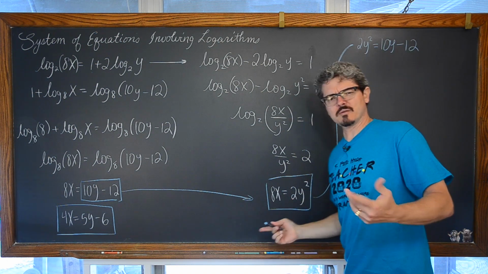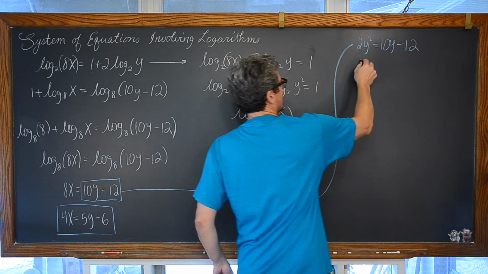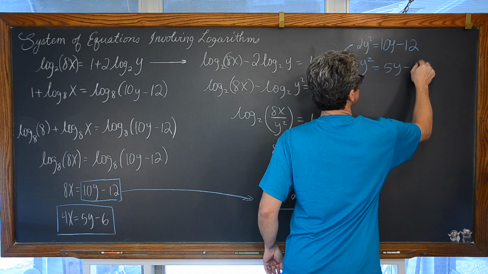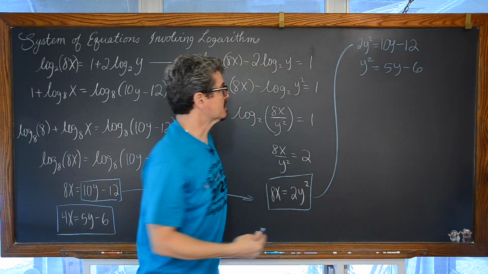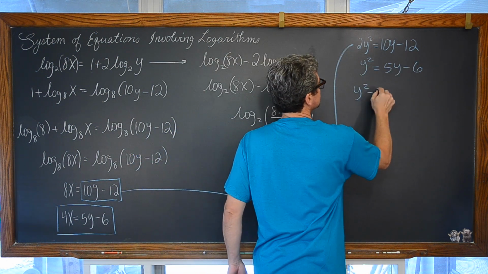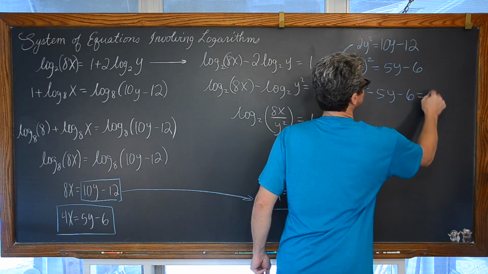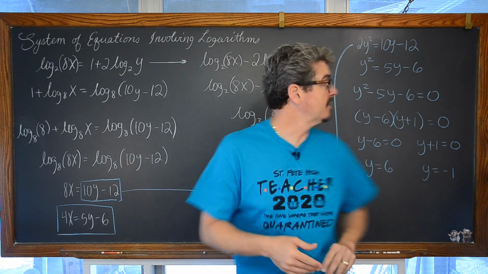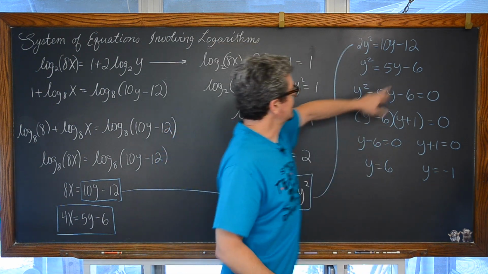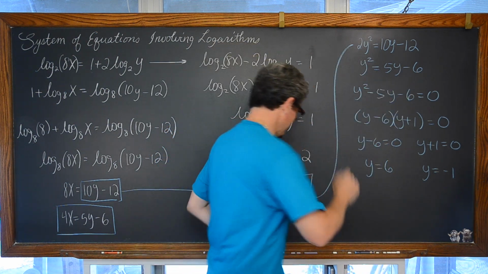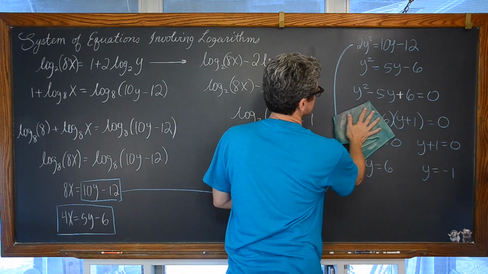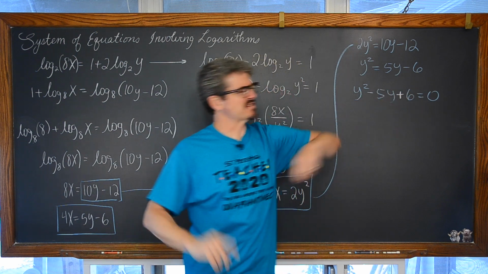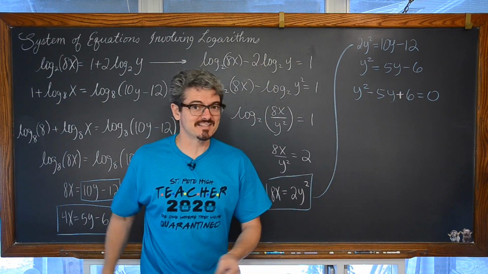Well, I guess I could have divided both sides by 2. So let's do that now. We have y squared is equal to 5y minus 6. Set this thing equal to 0. So, yep, I made a sign error, didn't I? If we take negative 6 and add it to the other side, it's a plus 6. Yes, we're going to bring that negative 6 over with addition, not subtraction.